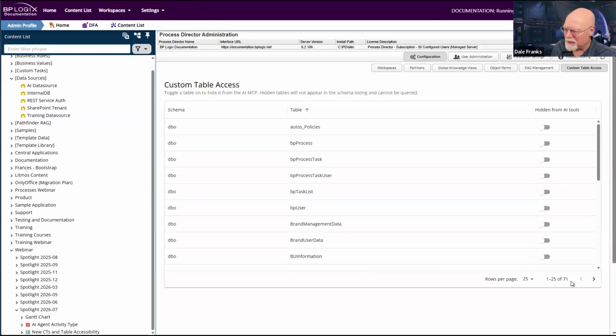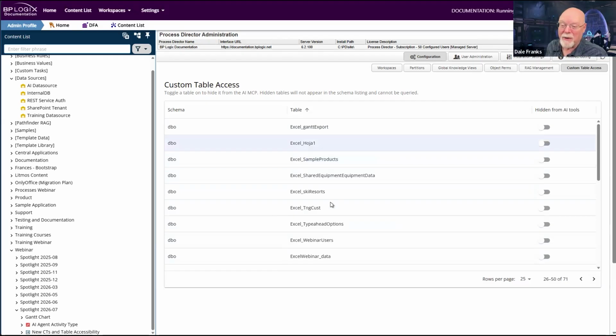Like on this system, I have 71 custom tables that I have built at various times to make this system work, including the included stuff like BP process tasks. So some of the included views that are there in Process Director, it includes as well. But I have all this brand user data, BU information. I have no idea what that is.